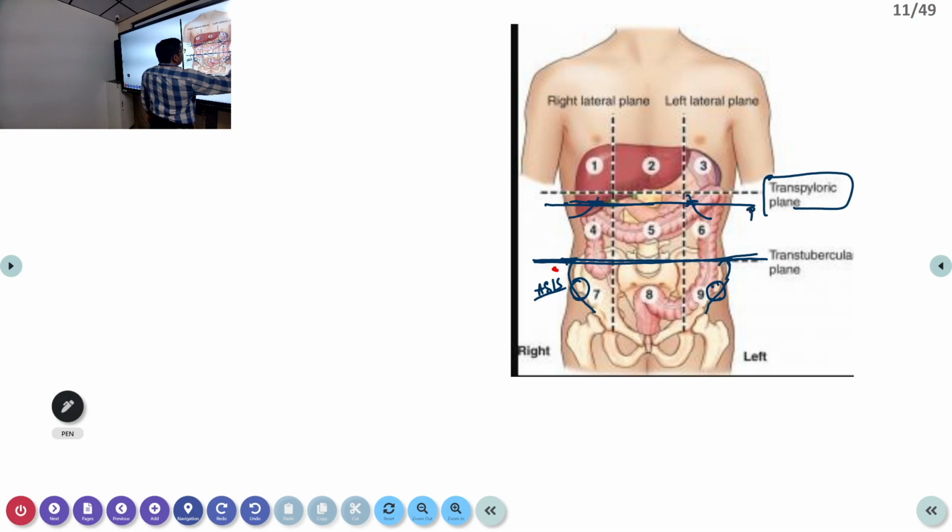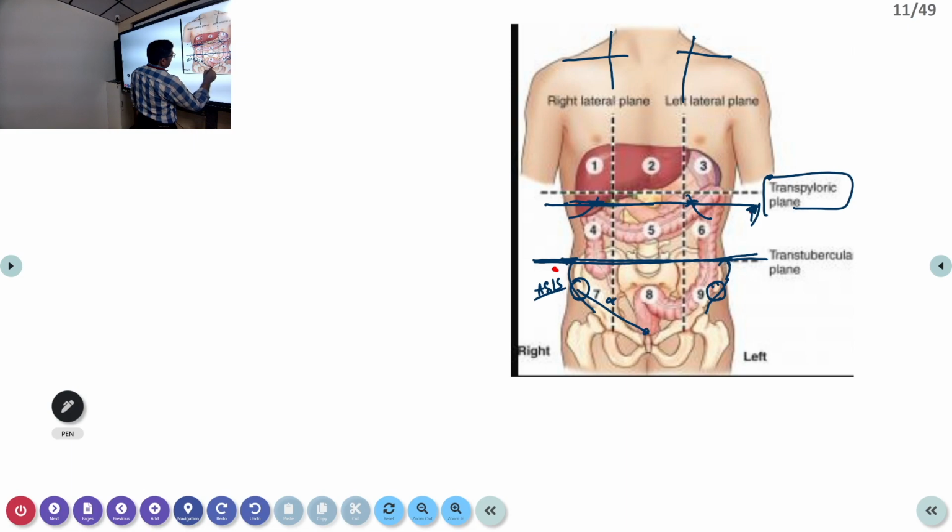This is the ninth rib, and that is the transtubercular line. Those two, and here it is the mid clavicular line. Both sides, mid clavicular line you are palpating. And that line goes as two vertical lines. So those are the 4 lines which divide, 2 lines horizontally and 2 lines perpendicularly, and this part will be the mid inguinal point.